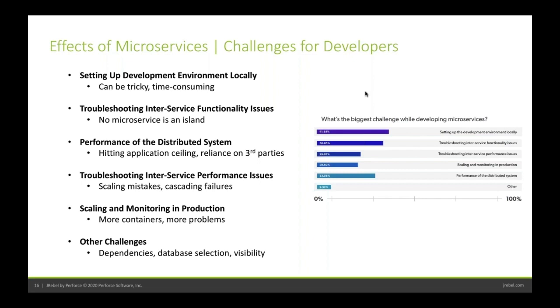It starts with setting up the environment. If you've got 2 or 3 microservices, it's not a big deal. If you've got 200 or 300, then it's definitely a big deal just to get everything up and running on, for example, a developer laptop or some integration server, or even in a cloud, so that each individual developer can have access to the whole application and can see how their particular microservice fits in and how it might affect performance and scalability and fault tolerance, etc. So getting that set up can take a lot of time, and we're going to talk a lot about automation and some other solutions to this in the next few slides, but we'll talk about the challenges for now.